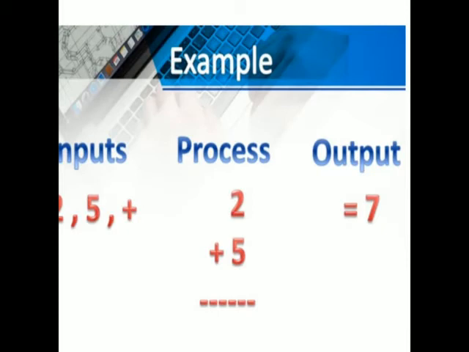Okay. So, in the process the computer calculates. After we input these two numbers, the processing device processes these two numbers. That means the processing device calculates these two numbers, and after calculating, output is generated. Okay, so in the end, after calculation, the computer generates the result and shows the result. That means your answer is 7.